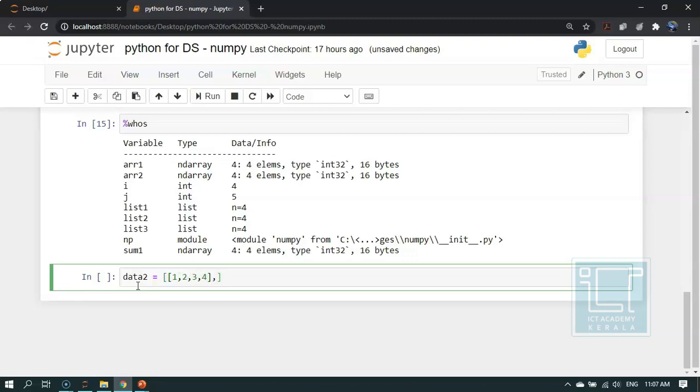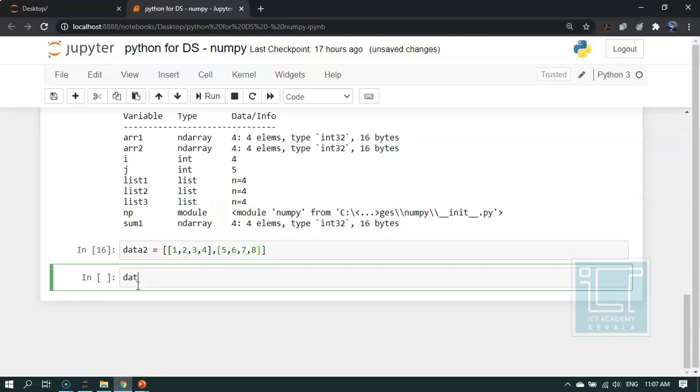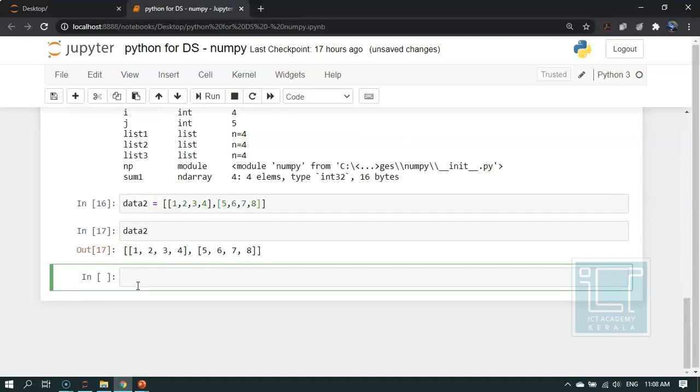This is the first list, and this is the second list. Now we are going to convert this into an array. So I am using the variable arr3, and I am converting data2 into an array.